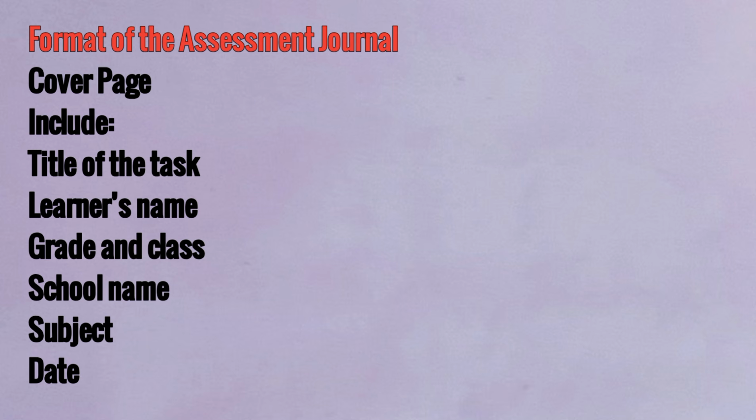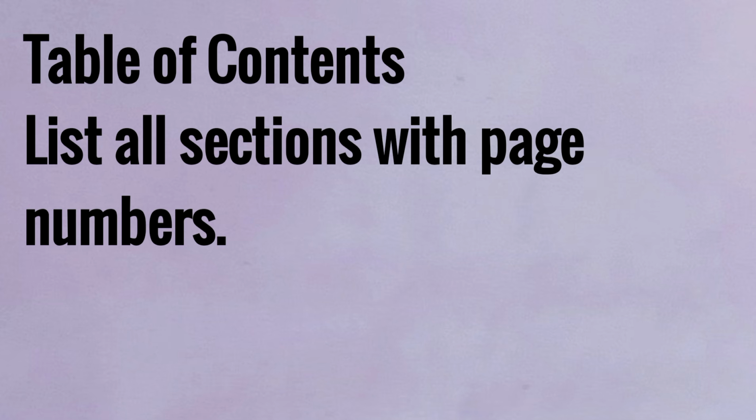Then from there, you are going to have the table of contents, and here we are going to have a list of all sections with page numbers. This is going to give us a guideline of what we are going to get in your assessment journal. For example, on this table of contents we can have page 1 having introduction, page 2 objective, page 3 materials and tools, page 4 procedures or steps, page 5 photos that you are taking or